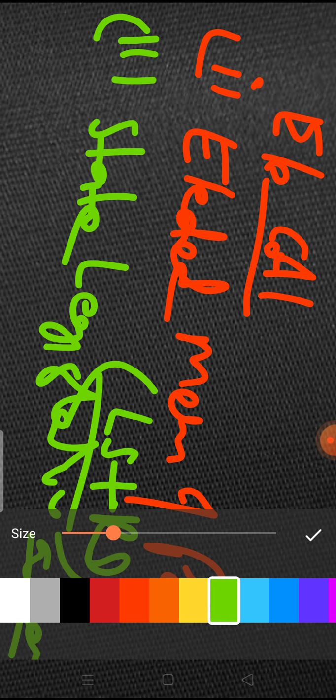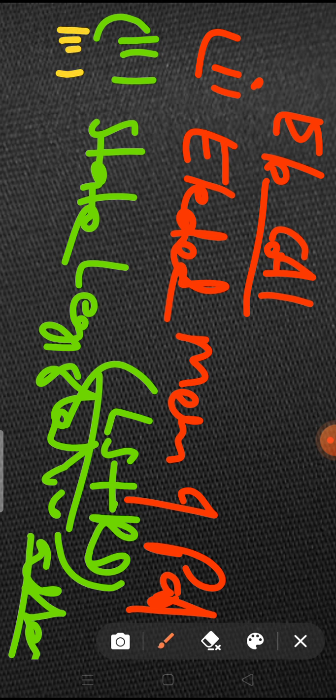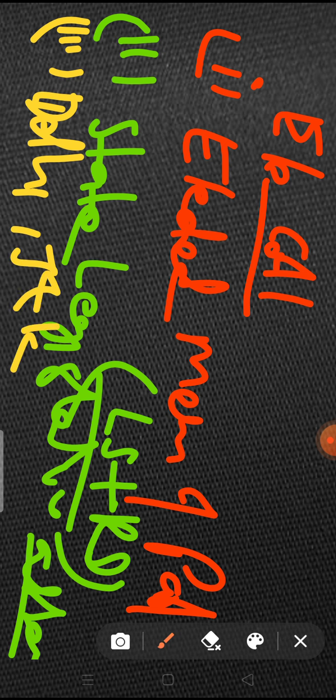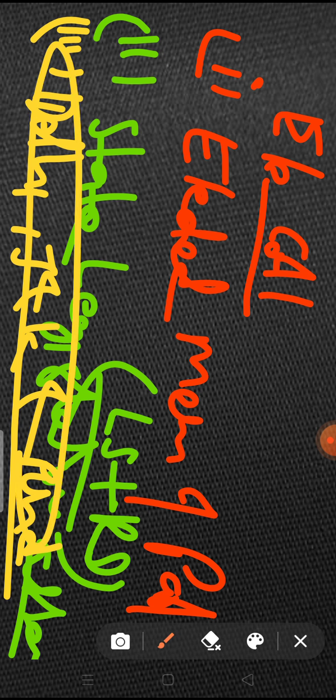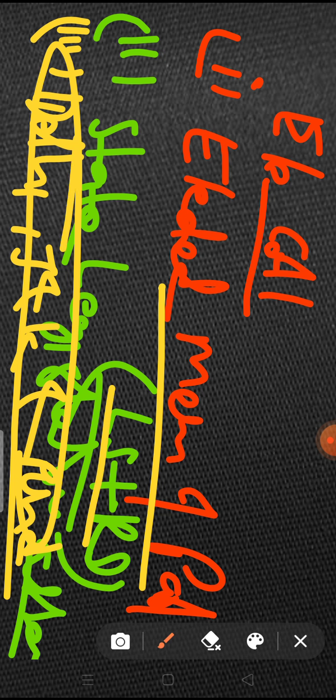And the third one is elected members of Delhi. These are the three UT: Delhi, J&K, and Puducherry. These are the three union territories. So elected members of parliament means Lok Sabha and Rajya Sabha, elected members of state legislative assembly, and elected members of Delhi, Puducherry, J&K. So now let's go further.